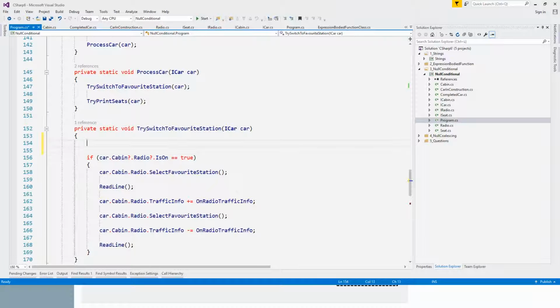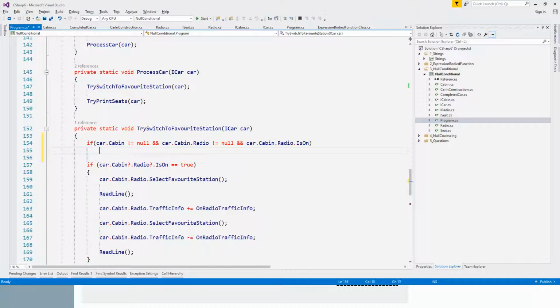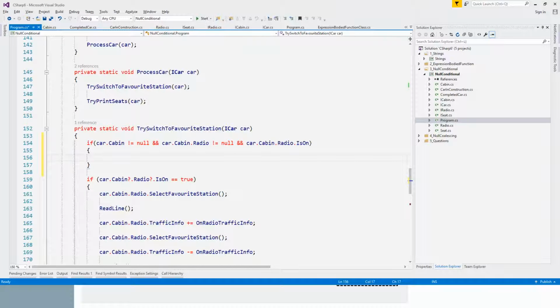The alternative to this would have been if car.cabin is not null and car.cabin.radio is not null and car.cabin.radio is on. This and this are basically the same statement, only that this is much shorter and probably more